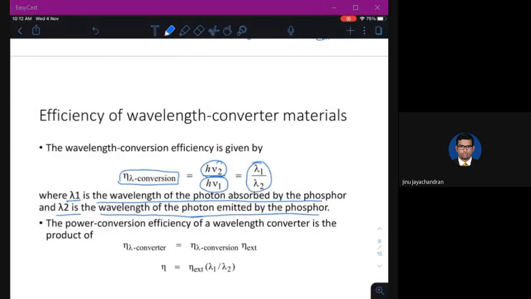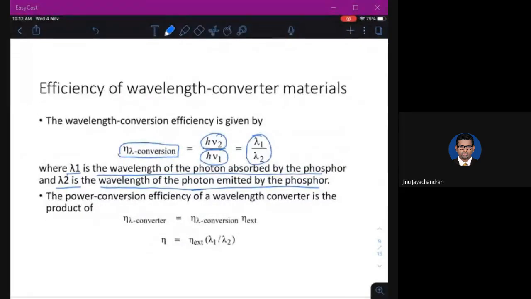The power conversion efficiency of a wavelength converter is a product of the wavelength conversion efficiency and the external efficiency, which we have seen in the previous slides. So I can write this as eta external into lambda 1 by lambda 2, in terms of the wavelength absorbed and the wavelength emitted by the phosphor. This is the efficiency of the wavelength converter materials.